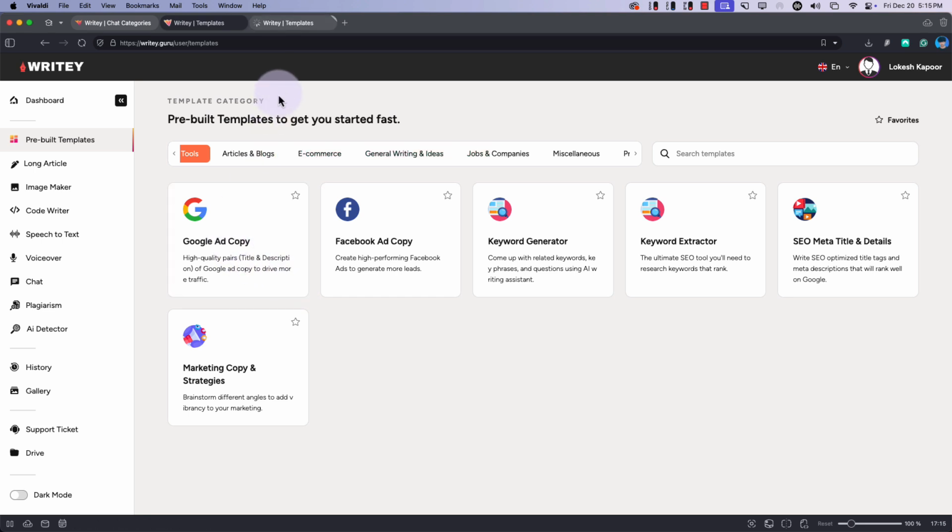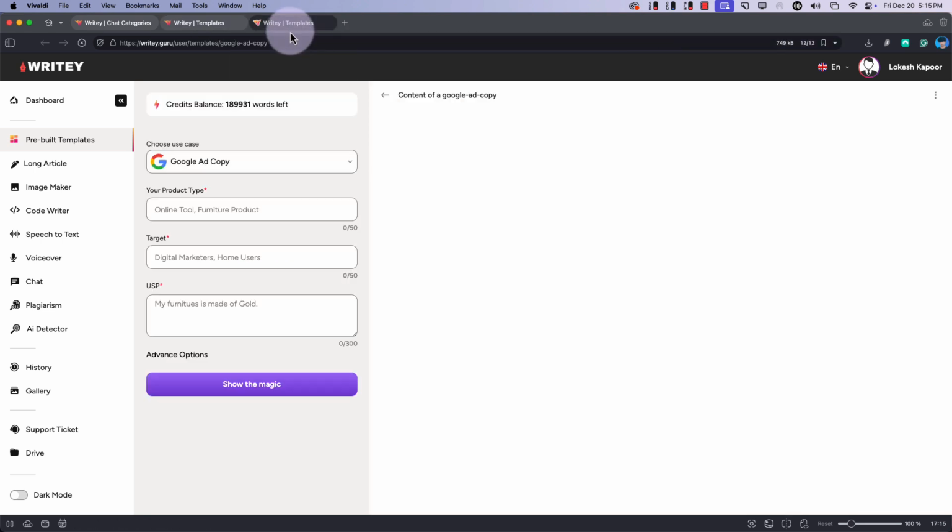So you can simply click on any of these templates and you will be redirected to an interface like this. And here you can input the commands like your product type. So my product type is, for example, a gaming console, or whatever you can write, but this is just an example. The target audience is gamers, technology and PC users, and the USP is, my gaming console is fast, so I can say fast, responsive, well built. Okay,